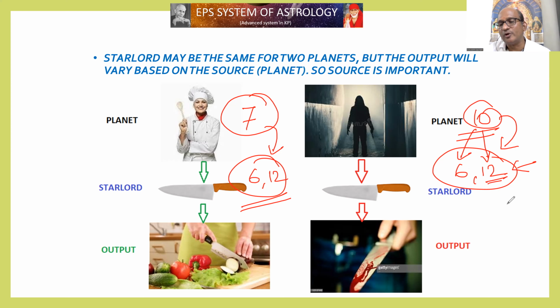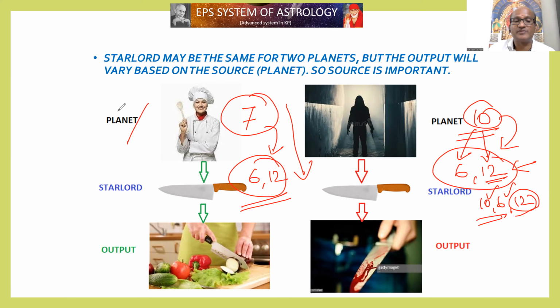So it is going to give 10, 6 and 12. It is going to be favorable along with some loss, or something abroad, or whatever may be the significations. This is talking about something else. This is talking about something else. You understand? So that way we have to study a planet.